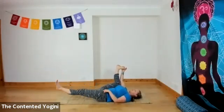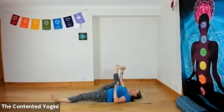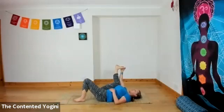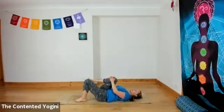And you can lengthen your leg, but keep the foot hovered off the floor, or you can lengthen your leg all the way down to the floor as you choose. Extend through the heel of the right foot as well. Take a deep breath in. And a deep breath out. One more time, deep breath in, deep breath out. And then very gently sliding the right foot in, relaxing the left foot down so you can